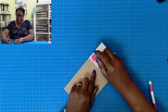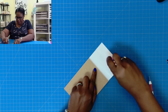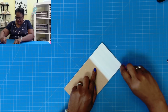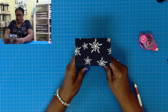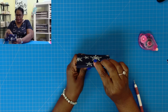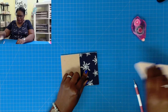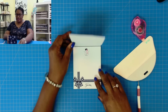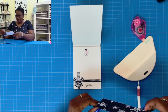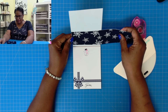So now I can take my tape and just use my tape runner to stick it. And then I can just stand it up and fold that over. And there is my front cover. I am going to open this, and I think I'll see if I can get just a little bit of this